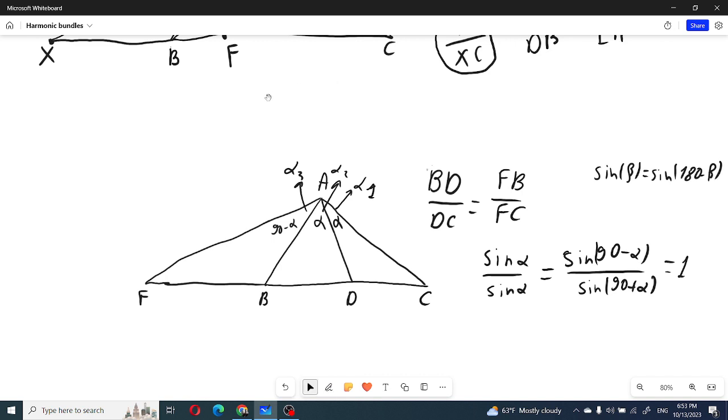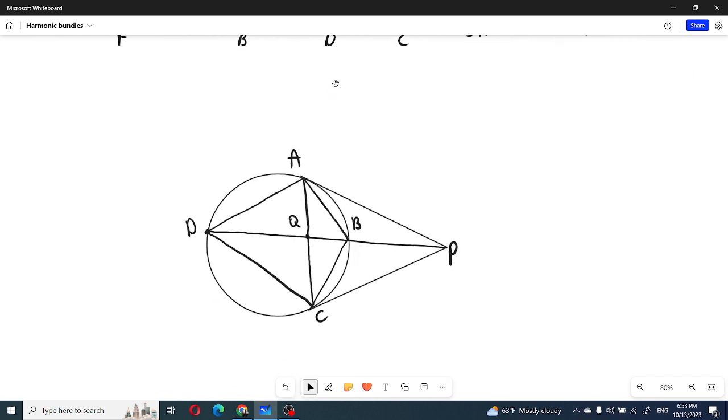And the last one is about the Symmedian. It's well known that 4 points A, B, C, and D will give us harmonic points if they are on the Symmedian, if P is on the Symmedian of angle ADC. You can prove this very easily, that AB times CD equals AD times BC. You can either use the law of sines or some Symmedian facts. And now we need to show that points D, Q, B, P will be also